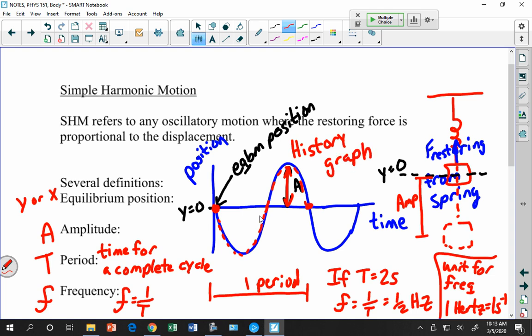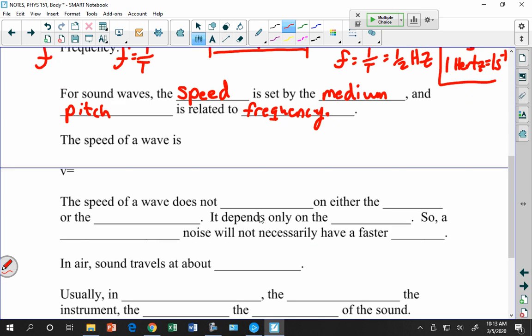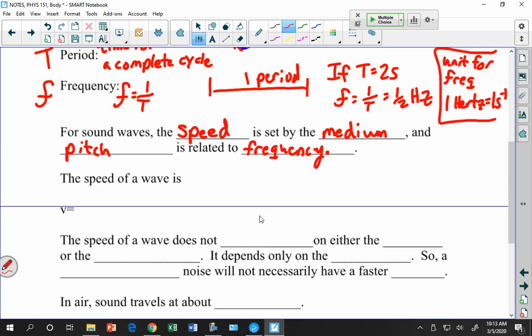And a history graph shows the history of the position for that wave. There's another graph that's really useful that's called a snapshot. A snapshot would look like this, where I would have the displacement or the position on this side, but here, instead of having the time, I would have x. So the snapshot graph,